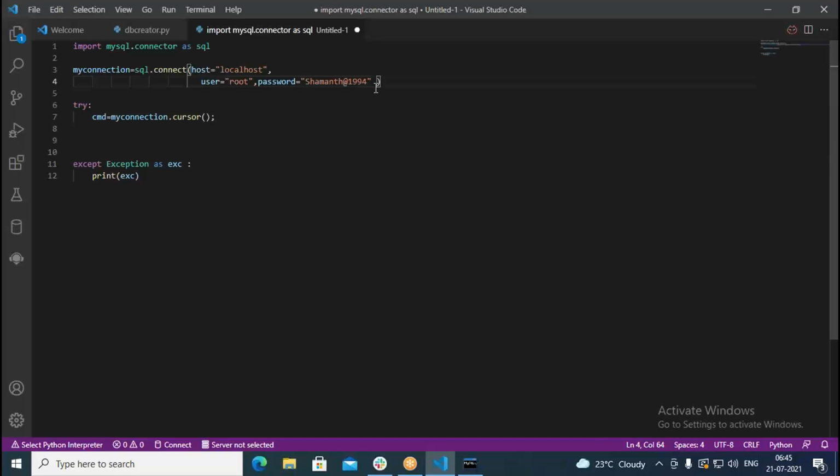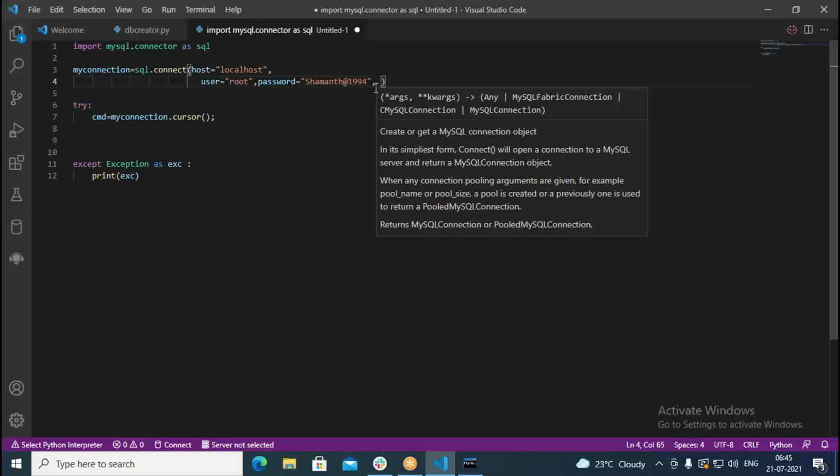Here we also need to specify the database. The database name has to be specified in this case, so without that it can't work. So let us put the database name in this. Without the database we cannot use it.